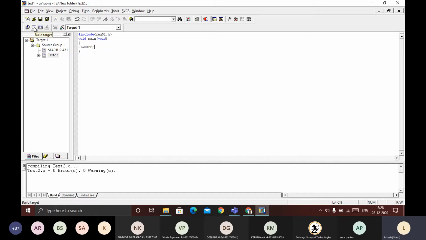Build the target is nothing but, here we are using the cross compiler. A cross compiler is software which converts the original .c file into an 8051 compatible file or 8051 compatible hex file. So that's the use of the building. Okay, so we will build that one. Here, build target. You can see here linking, and it's going to have a data side like this and a code side like this.